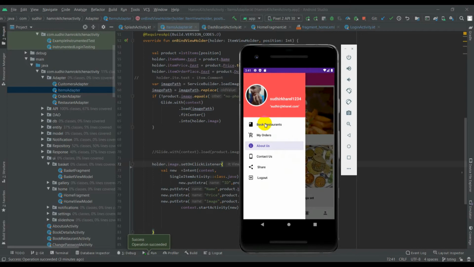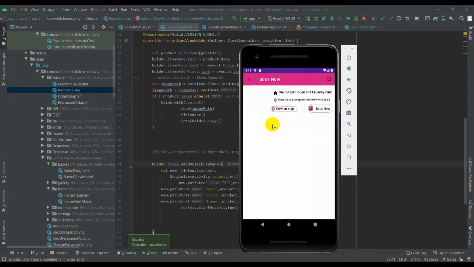And I have also made a feature for booking a restaurant for a special occasion. So I have created a book restaurant activity for booking a restaurant. Let me explain the process for booking the restaurant. As soon as I click on book restaurant, it will display the available restaurants in the application.